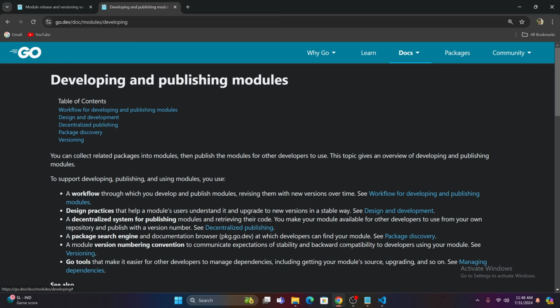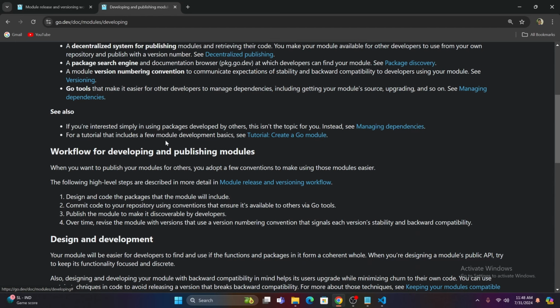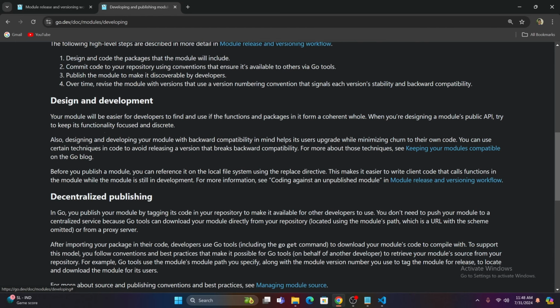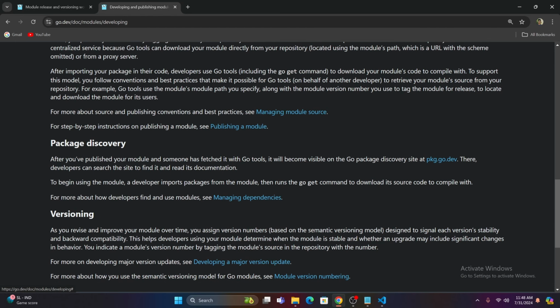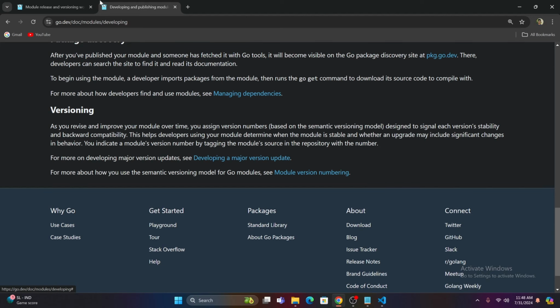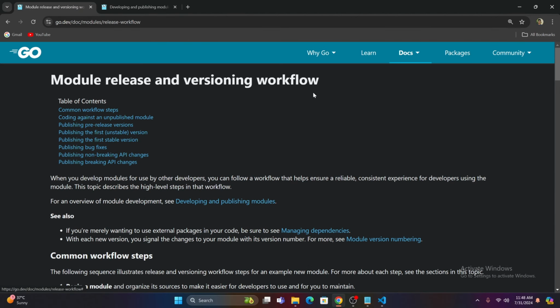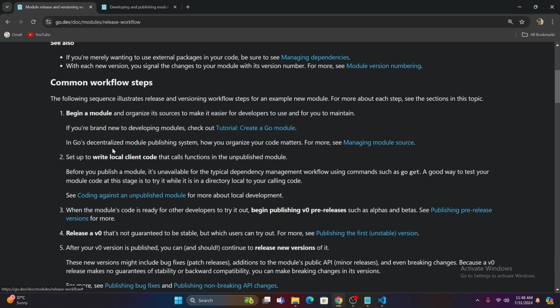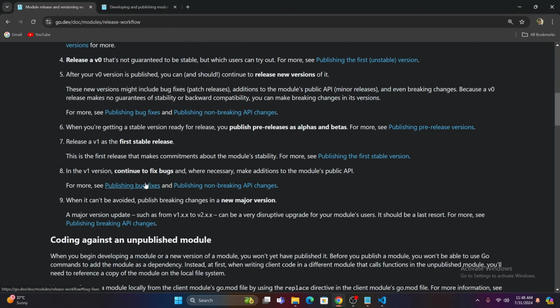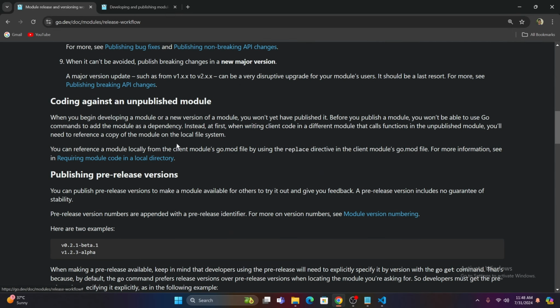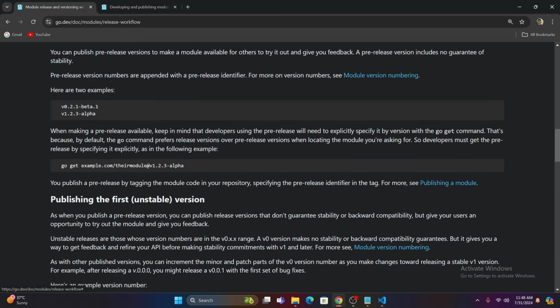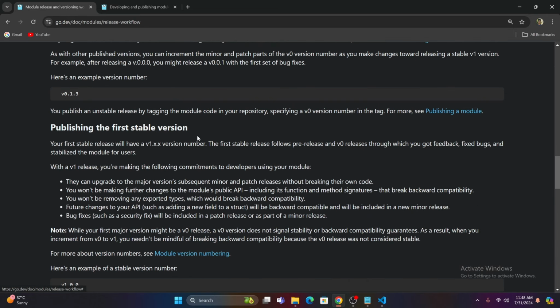So these documentation are developing and publishing modules, that discuss the workflow for publishing modules, design and development. These are majorly focused on the same things that we have discussed, just some additions to it. And secondly, module release and versioning workflow. That's also something we have majorly discussed, but in order to understand it thoroughly, you can go through this documentation attached